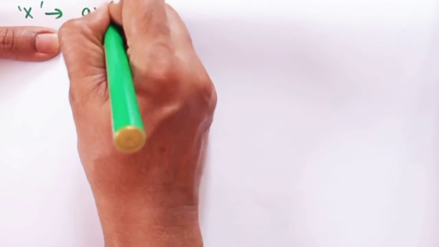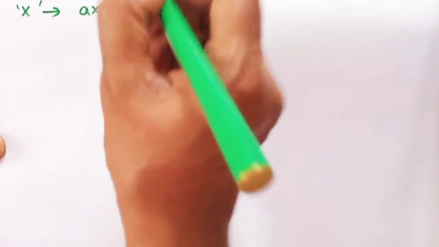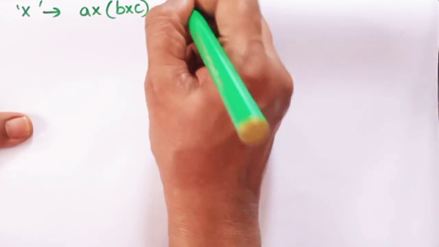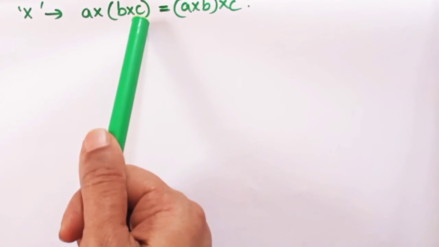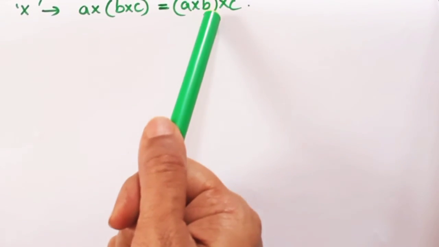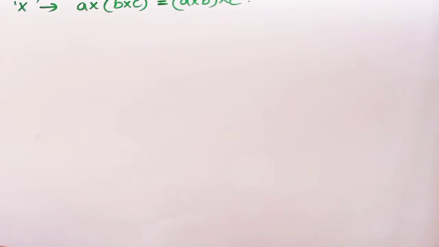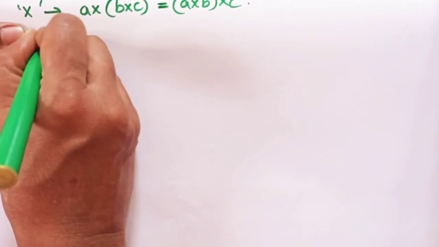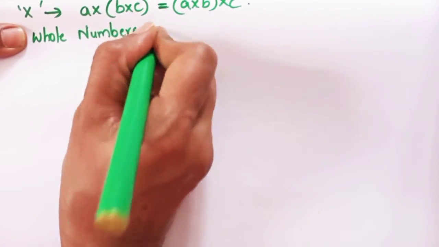multiplication. Okay. Under this, how to write our associative property? A into B into C, if it is equal to A into B into C. Firstly, we are associating B and C, and in the second case, we are associating A and B first and then with C. Okay, if the results are same, we say that multiplication is associative. Let us start with our routine. We will be first always checking with the whole numbers to make it simple for you.